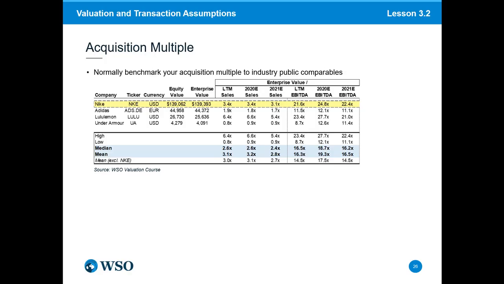We can see that there is quite a range of multiples here, but this can be a nice guidepost for what fair market value is on our target. But sometimes we don't have a rich database of public comps. In that case, we will often turn to precedent transactions, which is also covered in more detail in the valuation course. Suffice to say that precedent transactions will show you historical multiples at which other comparable public or private companies